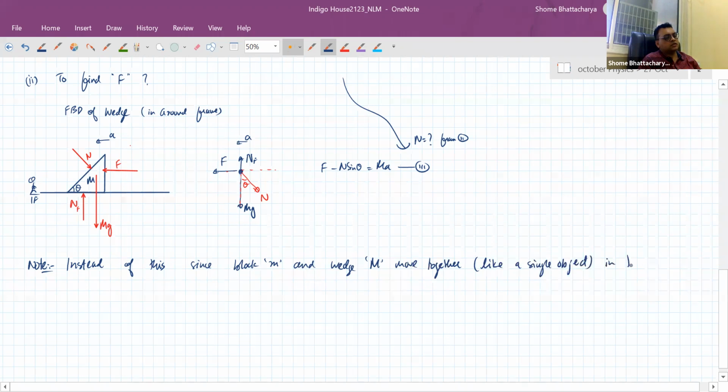In this case, why? Because we have already applied the condition that the block is not slipping with respect to the wedge. So they are moving together like one object. So therefore,